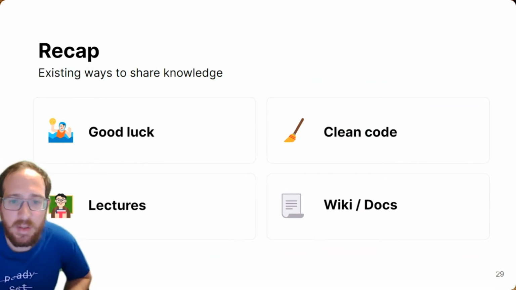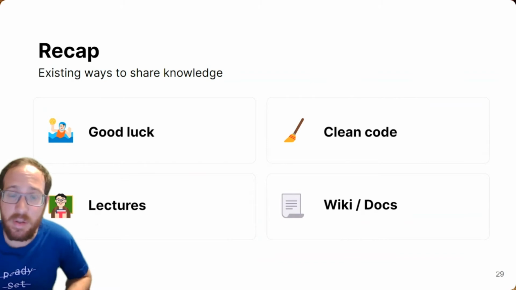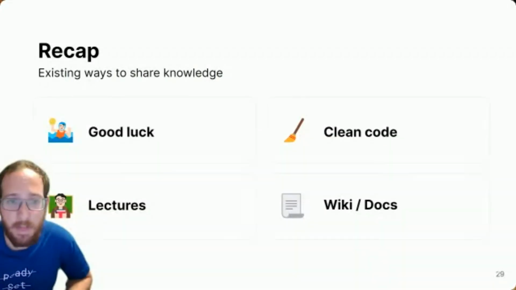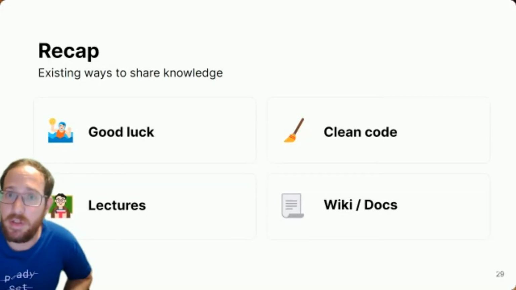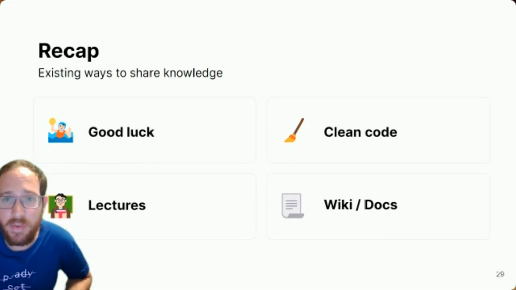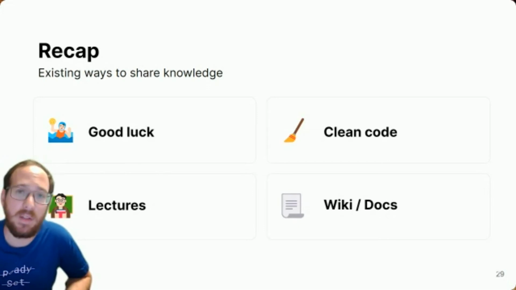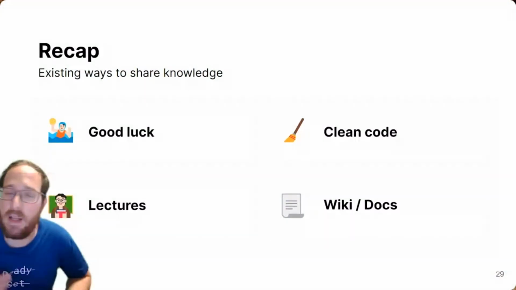Another approach is clean code. And as we said, clean code is definitely important, but it doesn't tell the whole story. It can tell the story of code in isolation, but not the story of code in a broader term. When we talk about lectures, we mentioned that lectures take a lot of time, especially if they're not recorded. And if they are recorded, they get outdated very fast. And in general, they're effective in conveying the high-level picture of the system,